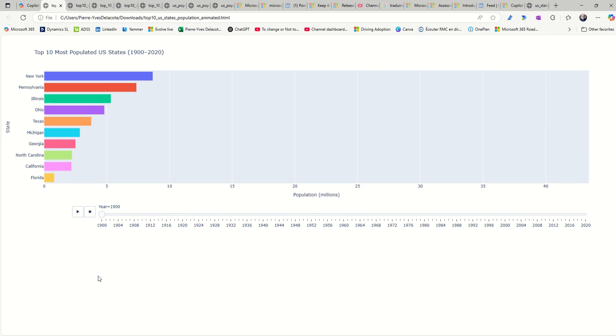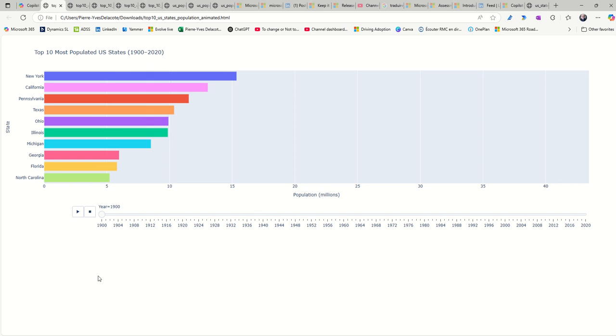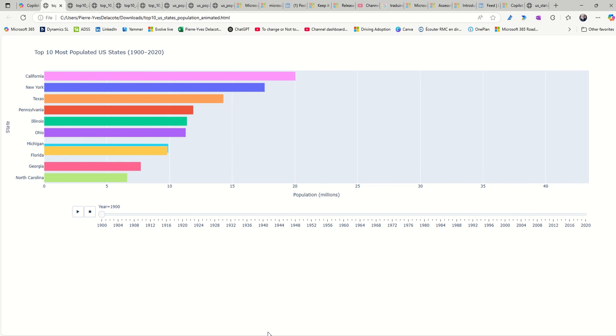So it's the population of the United States from 1990 to 2020. The evolution, you can see what state is the most populated per year. We can see every year. I don't know why this is not moving, but